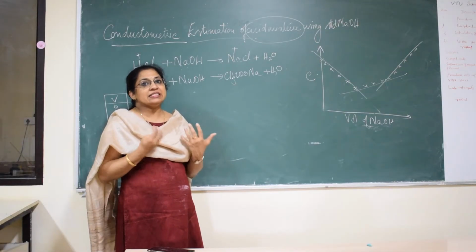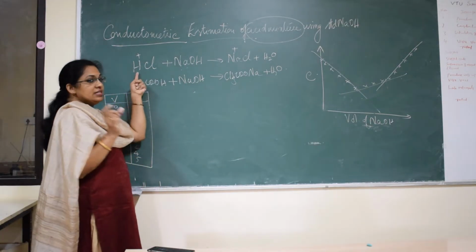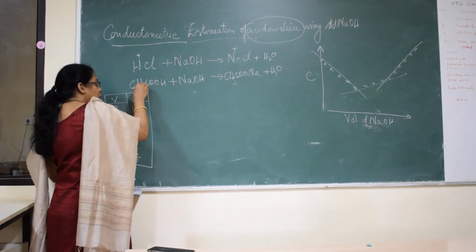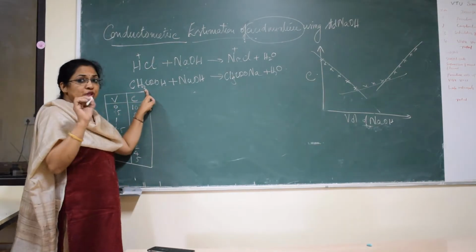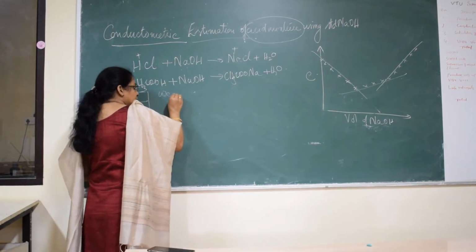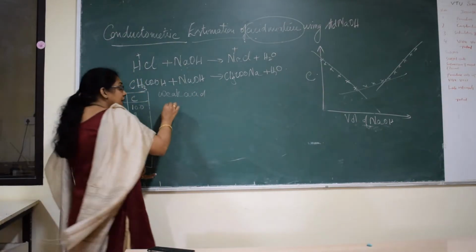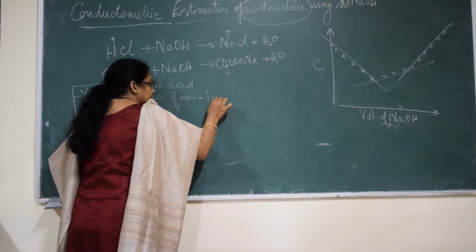Once the complete HCl gets over, as I told you, it's a mixture of acids. So once the HCl gets over, who will take over? Acetic acid will take over the reaction. And acetic acid, as we know, is a weak acid. So what do we mean by weak acid? Weak acid means the number of ions are less. The number of ions are very less here.